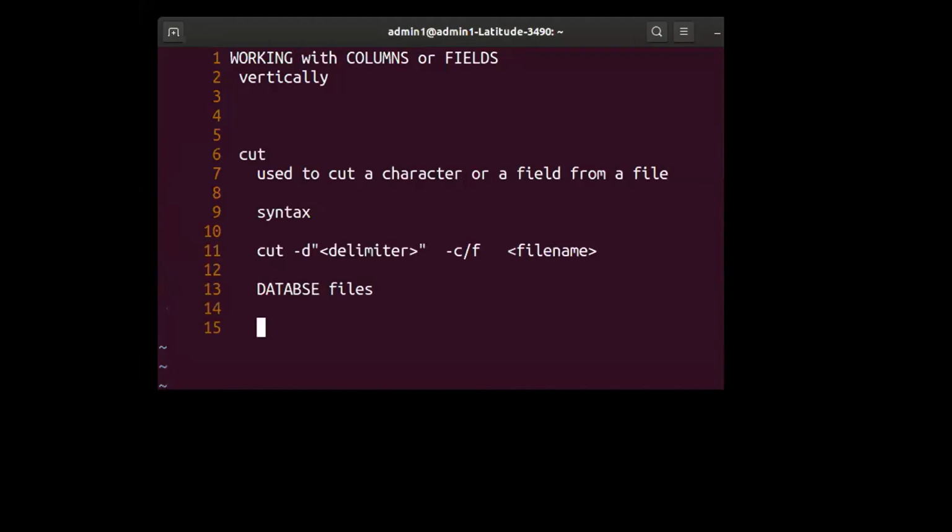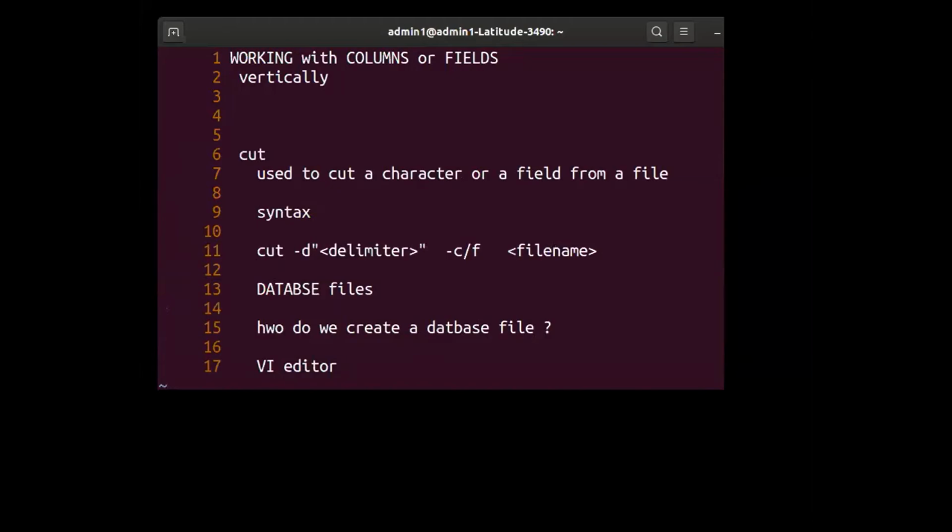Now the question is, how do we create a database file? As usual, you create a database file with the help of the VI editor. Watch out carefully.